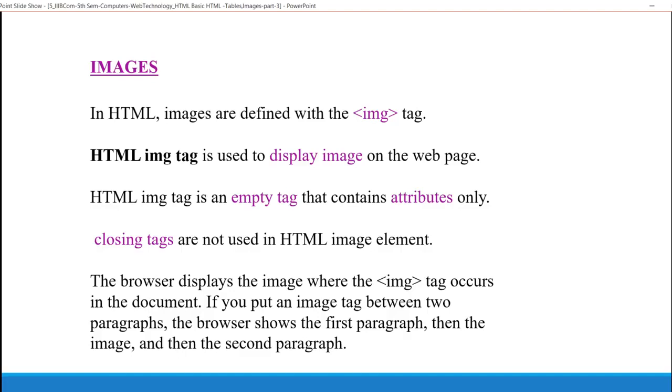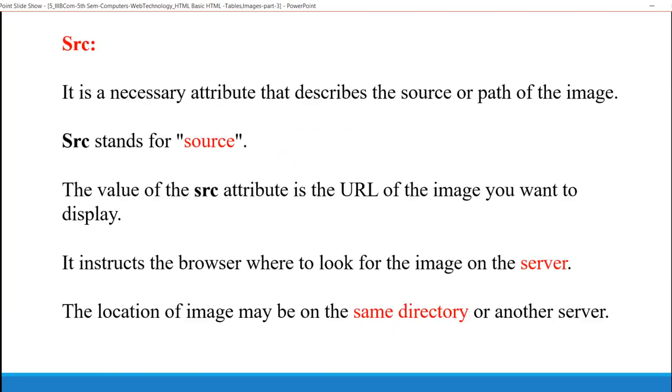And then I wrote P tag, second paragraph. Now the image appears in between first paragraph and second paragraph. In the sense, first paragraph, image, second paragraph. The tag that is used for displaying images is IMG tag. IMG tag is an empty tag. It contains only attributes. It is an opening tag.